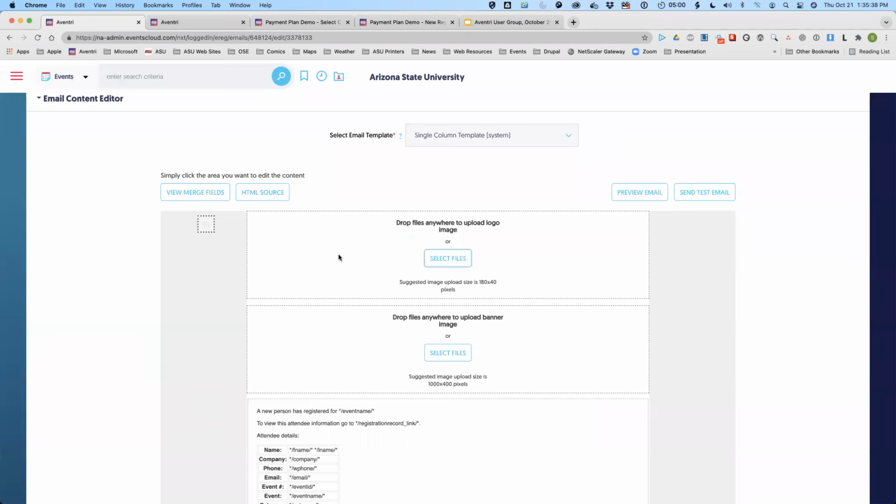If you do not do that, if you use the drag and drop feature, you may eventually see a missing image because where you're dropping them gets cleared out from time to time. The cache gets cleared. And so if you keep seeing broken images on your registration sites or emails, that's probably what's happening: you're not saving your images in the right place.